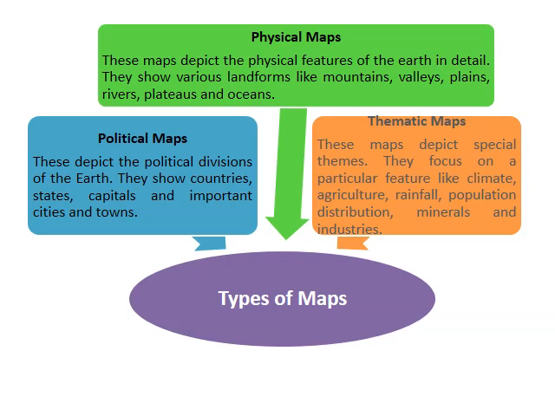Political maps. These maps depict the political divisions of the earth. They show boundaries between countries, states, districts, cities, and neighborhoods. The other details of rivers, mountains, etc. are very few or non-existent on such maps.